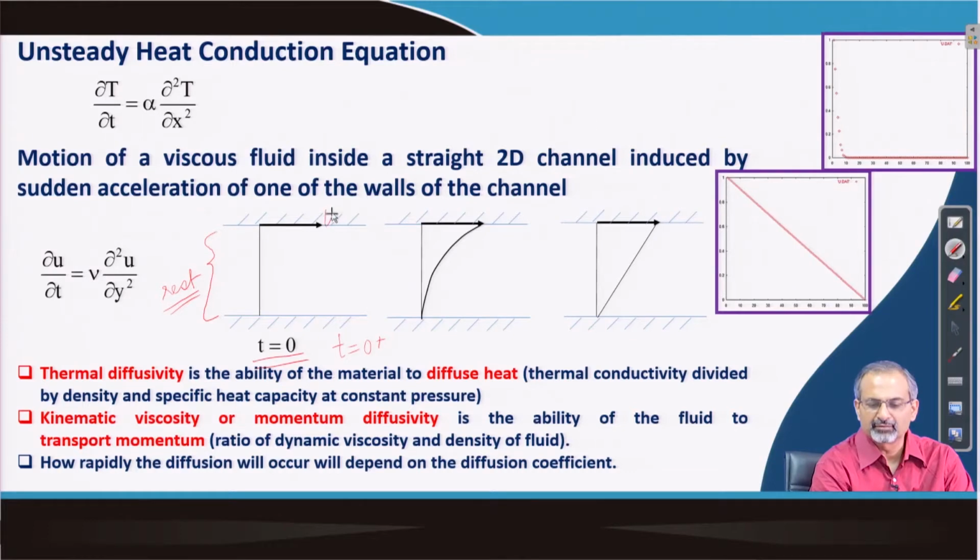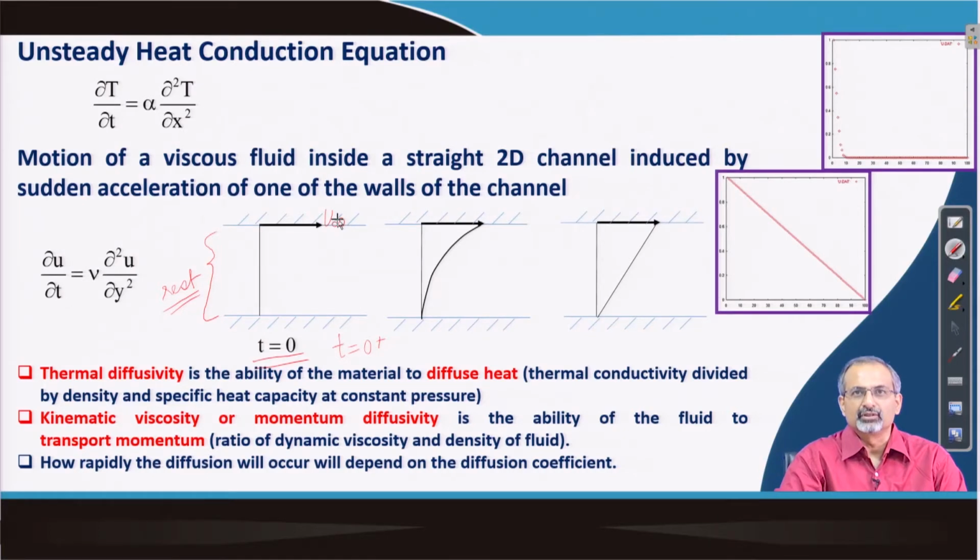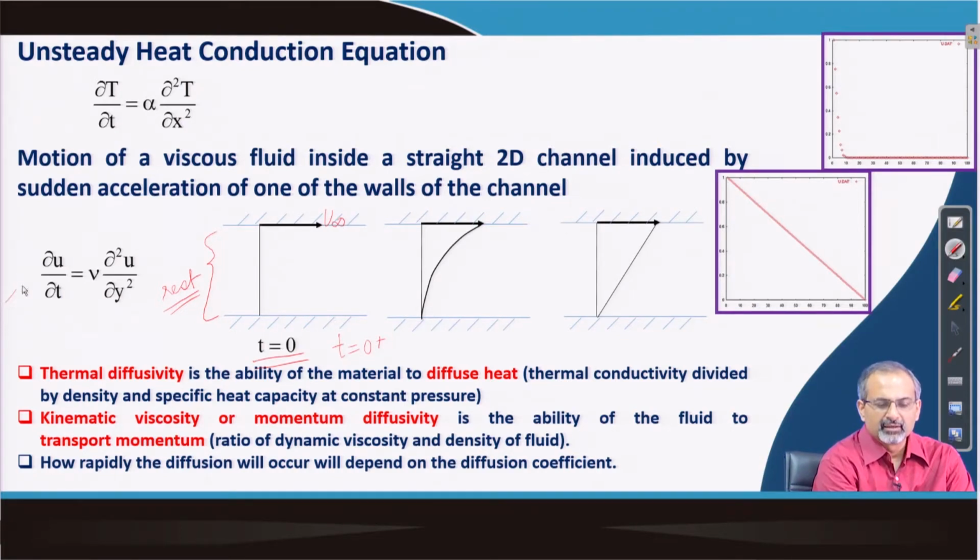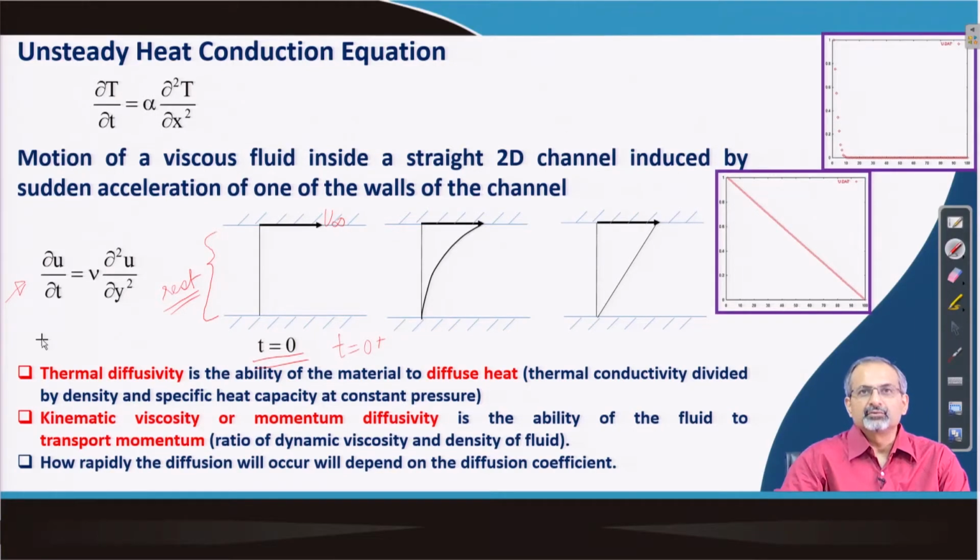Here incidentally we have shown the upper plate to be moving towards the right, and then we try to find out how the fluid which is confined within the gap is set into motion by the movement of the upper plate, considering that this is a viscous fluid. So, then we see that there is momentum diffusivity, and then the governing partial differential equation works out like this: del u del t is equal to nu del 2 u del y square. So, we have the kinematic viscosity coefficient associated with the second order derivative in space,